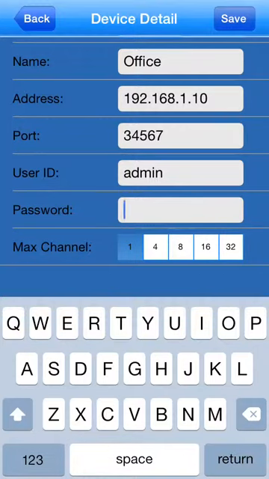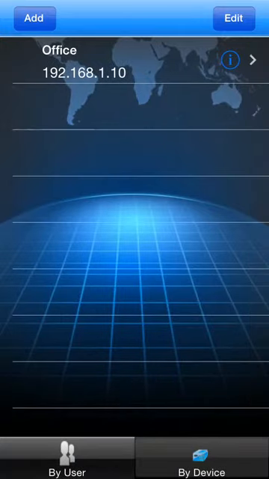Maximum amount of channels, since my DVR is 16 channels, I'm gonna say 16. I'm gonna tap on save, and there I have it. If you have more devices, they will be listed here. I'm gonna open